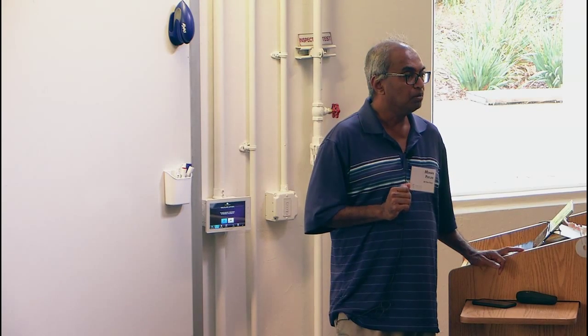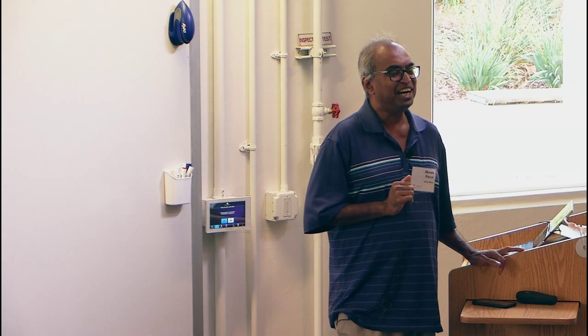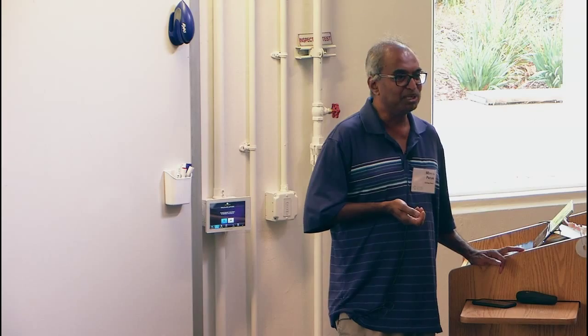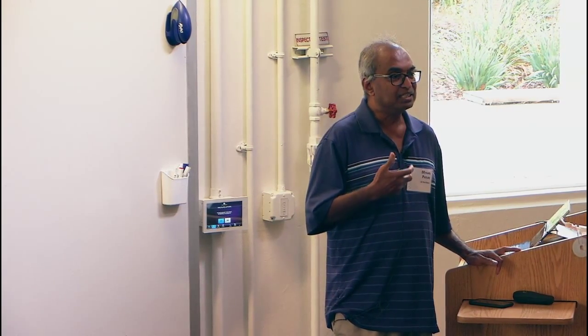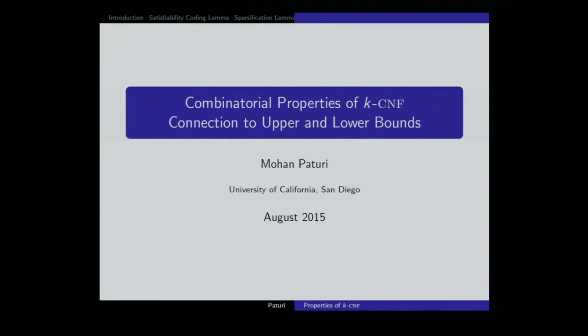I changed the title, not the contents of the talk. The talk was titled Satisfiability Algorithms 1 and 2, but if you think about it, it's the combinatorial properties of the KCNF that are central to both lower bounds and upper bounds in this area. I want to take a look at some of the key properties of KCNF that led to various interesting results, and those are the first 2 talks.